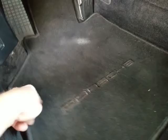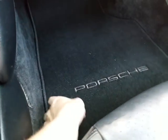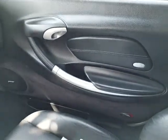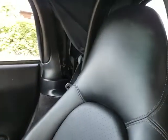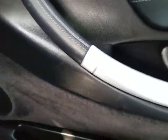You can see I've got photos of the carpeting. Looks pretty much brand new. Under there, passenger side as well, looks excellent. You can see I've got photos. Looks perfect. So passenger seat looks excellent. Nice and soft. The leather, there's no damage, water damage or anything. Looks excellent. The door panels on both sides, great shape. The armrest,